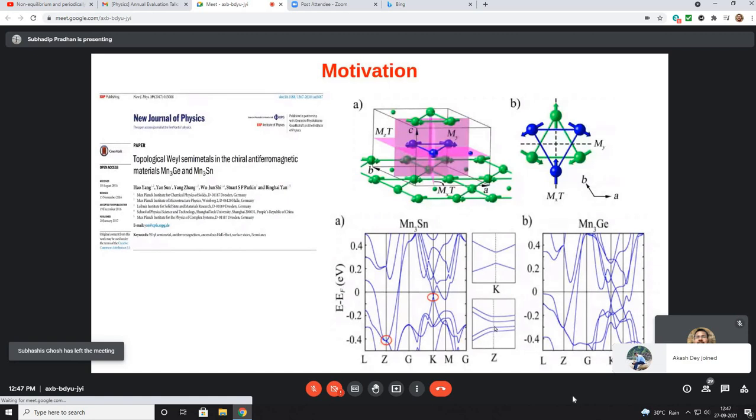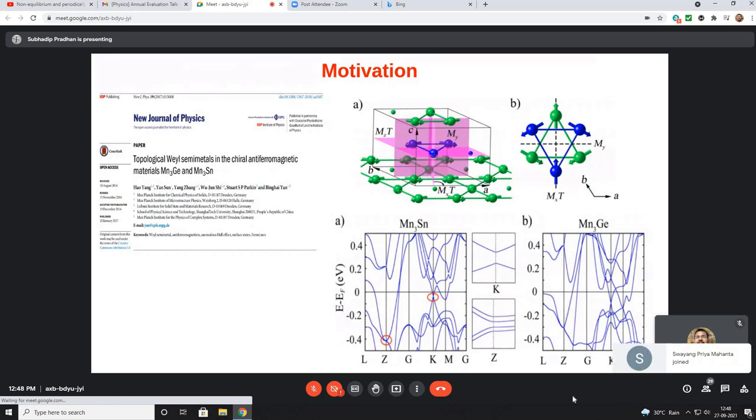That can be said to be a Dirac point. Around the K point also, they see that there is a slight gap, but because it is a high symmetry point in the path of the band structure, there should not be a Weyl point. A Weyl point should be around the high symmetry point, but not at the high symmetry point. So they also showed that in the Brillouin zone, in a particular path in the first Brillouin zone at the K point, there will be six sets of Weyl nodes, and these Weyl nodes come from some mirror symmetries. So for this antiferromagnetic 120 degree structure, they started the first principle calculation, and they showed that there may be some number of Weyl nodes. So that was the first study.